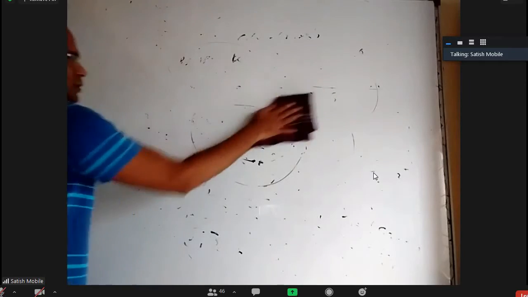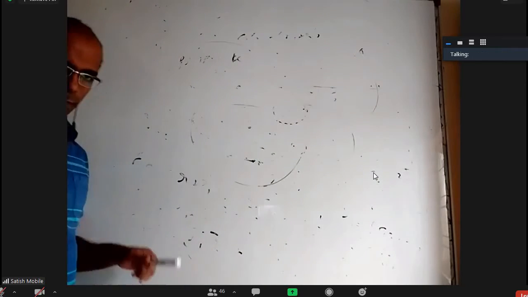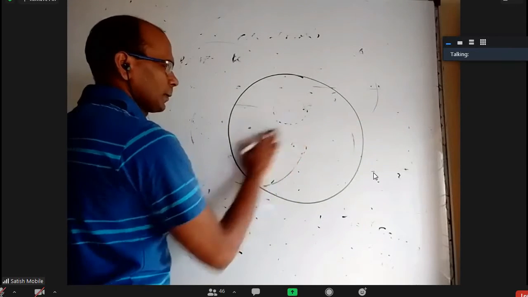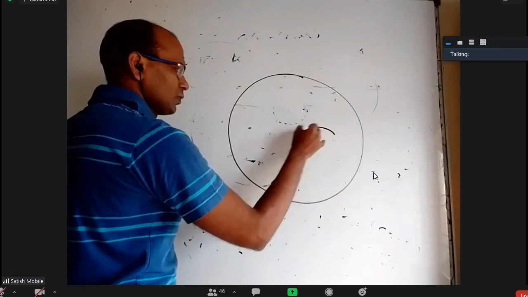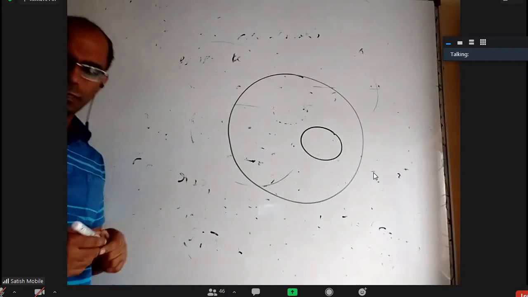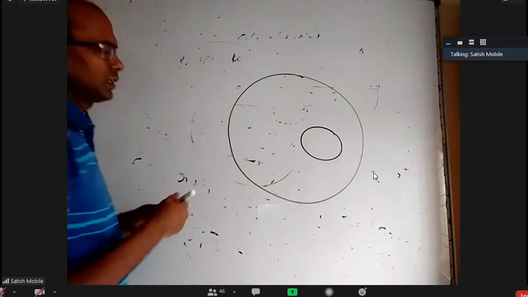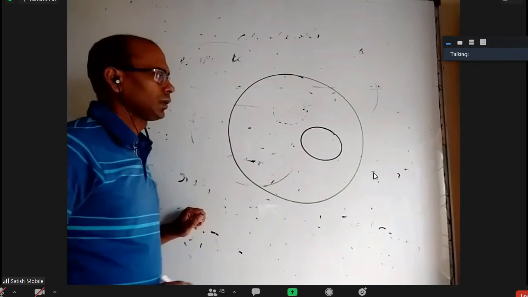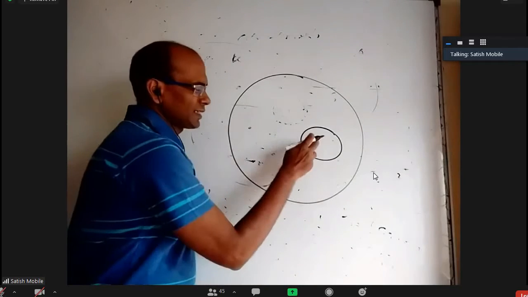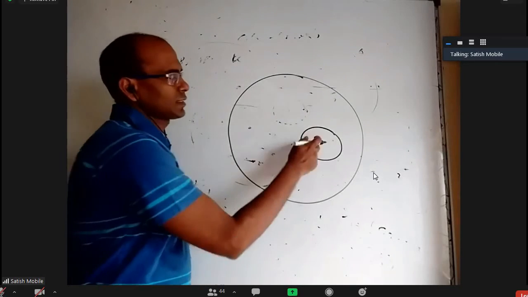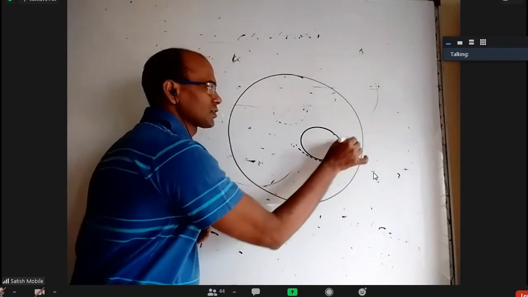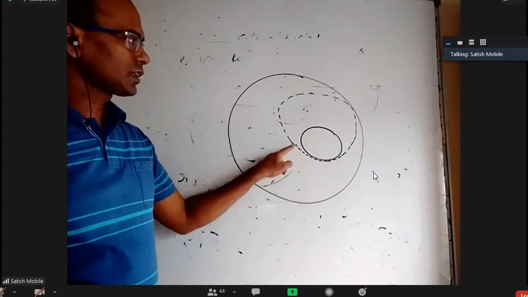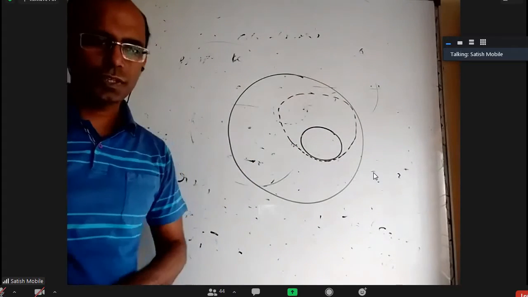But there is one more ellipse possible here. This is my big circle and this is one small circle. There will be a variable circle touching this one also internally, both of them. One may say, if something is inside this, how can it touch this? No, I'm not saying inside this, touching internally. I said it can touch like this. You can see this and this are touching internally, this dotted one and this big one also touching internally.